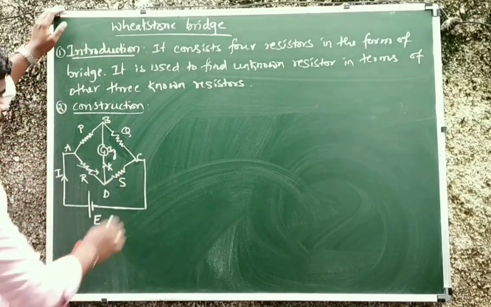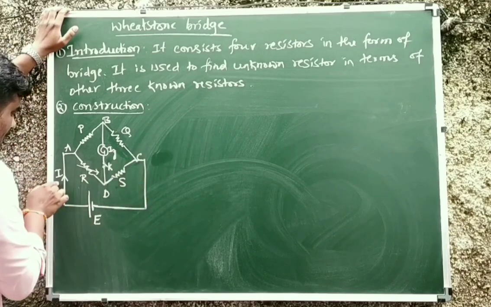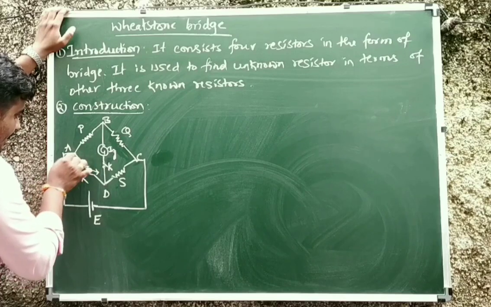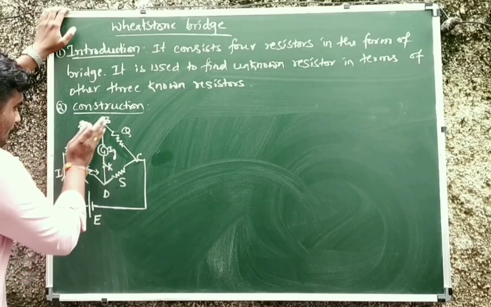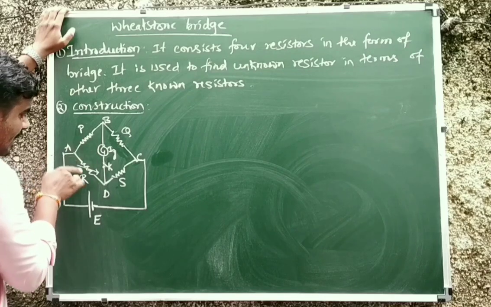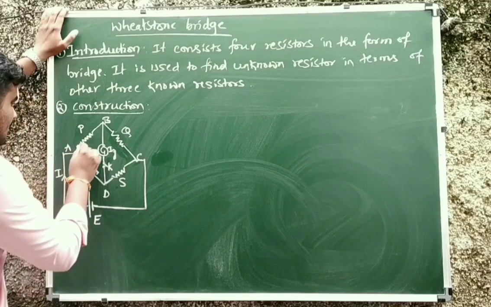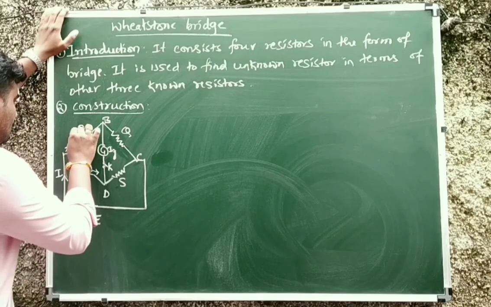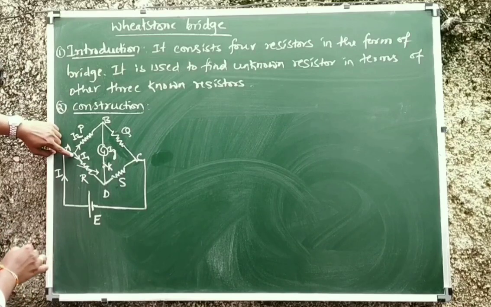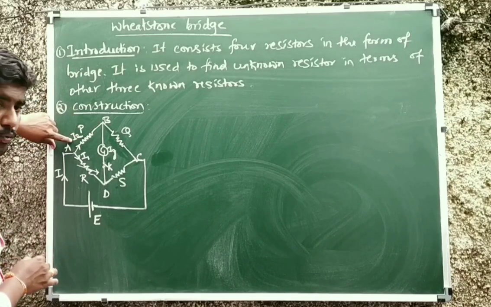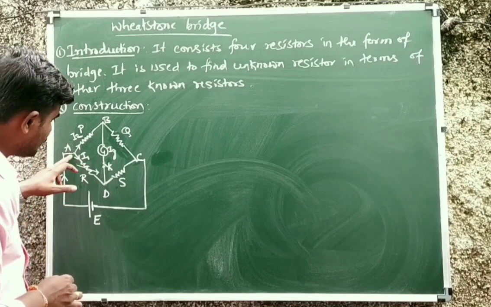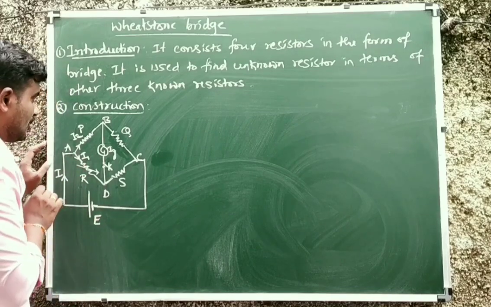Now we shall name the current. See, I current is at point A. When current I comes at point A, some current will go this way through the P resistor, and some current will go through the R resistor. Say this current is I2 and this is I1. From A to B the current will be I2 only. From A to D the current will be I1 only, because between the junction the current remains constant.